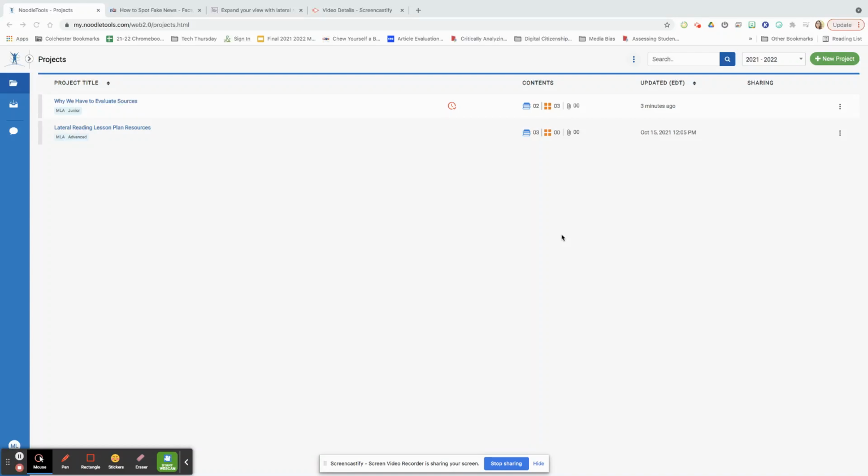How to share a project to your teacher's inbox. So when you have a NoodleTools project that you have yet to share with a teacher, you will need to